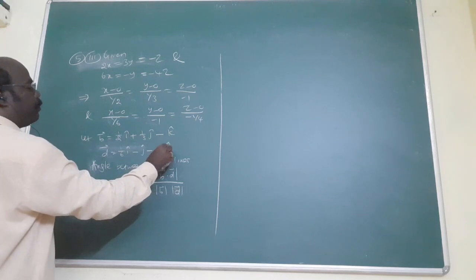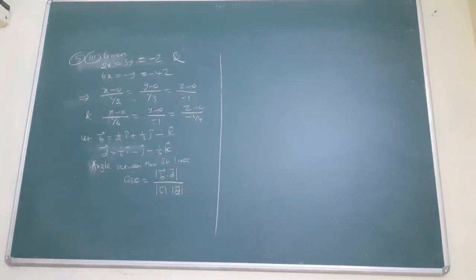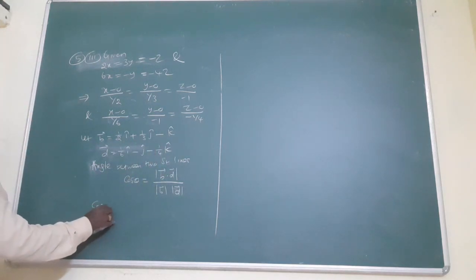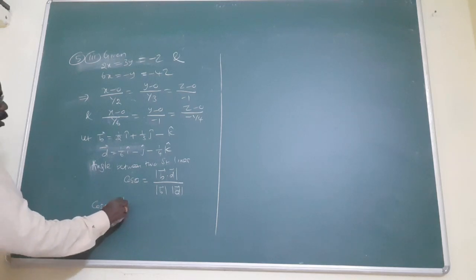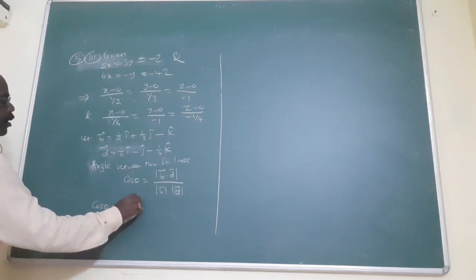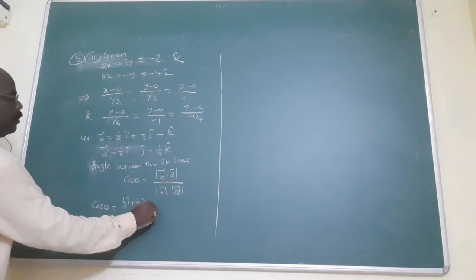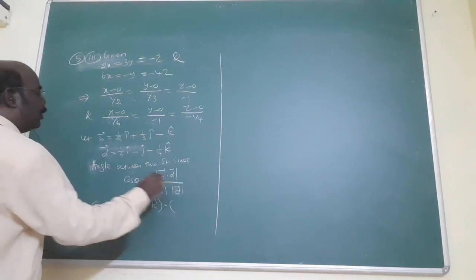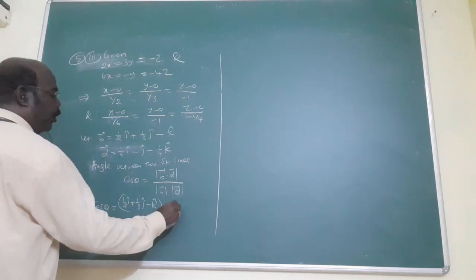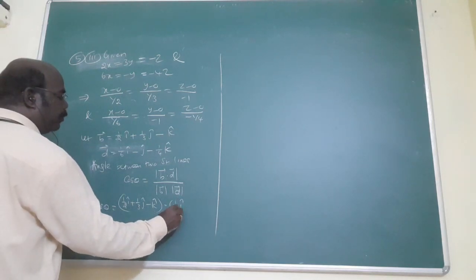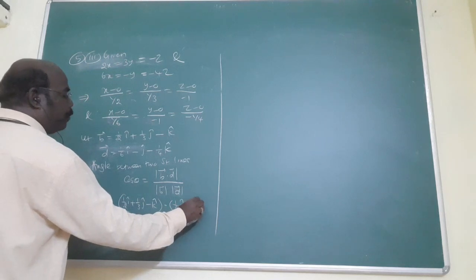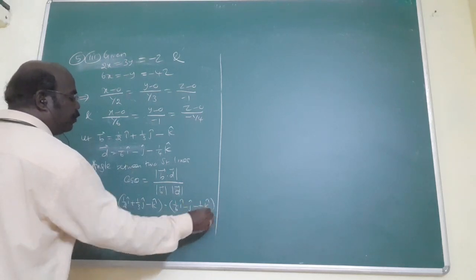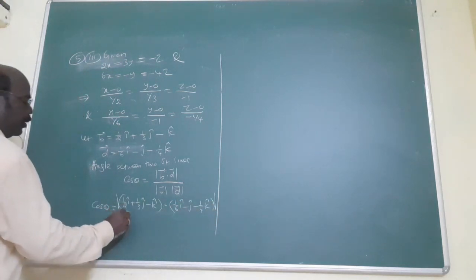Okay, now this is the formula. Now cos theta is equal to 1 by 2 i cap plus 1 by 3 j cap minus k cap dot 1 by 6 i cap minus j cap minus 1 by 4 k cap, put the minus, divided by